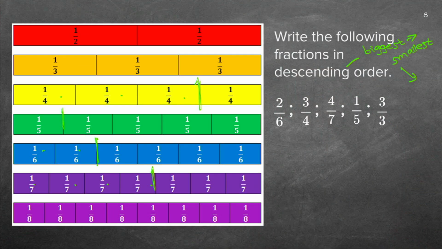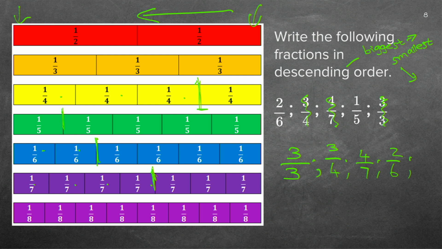Now they ask from the biggest to the smallest. So this is the big side and this is the smallest side. So it's going from right to left. So 3/3 will be my biggest fraction. Now I'm looking for the next one. 3/4. And remember to mark everything for yourself. I used that fraction. I used this fraction. Now, which is my next one? 4/7s. I've got 4/7s. And the next one, 2/6. And then the smallest fraction will be 1/5.